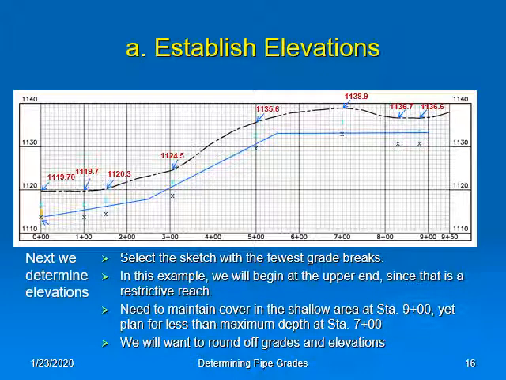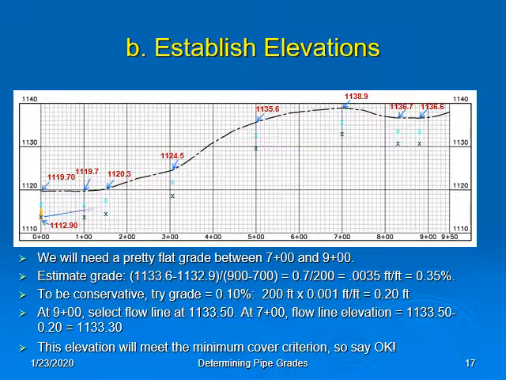And I want to remind you that it's always a good thing to round off grades and elevations. I think it makes for a neater plan. So let's look at this. We need a pretty flat grade between 700 and 900. So we can estimate the grade by looking at the elevations of our minimum and maximum elevations that we found there